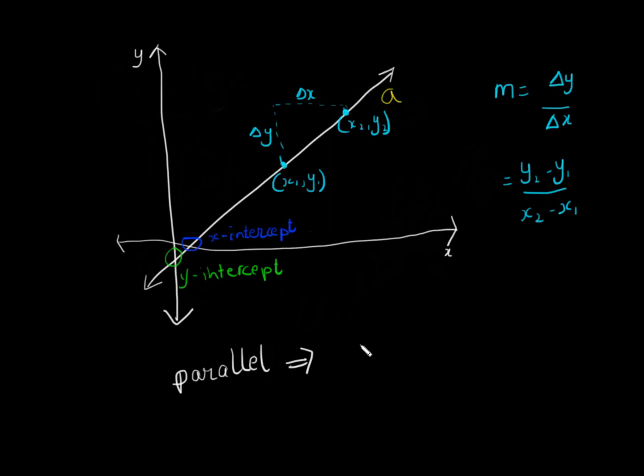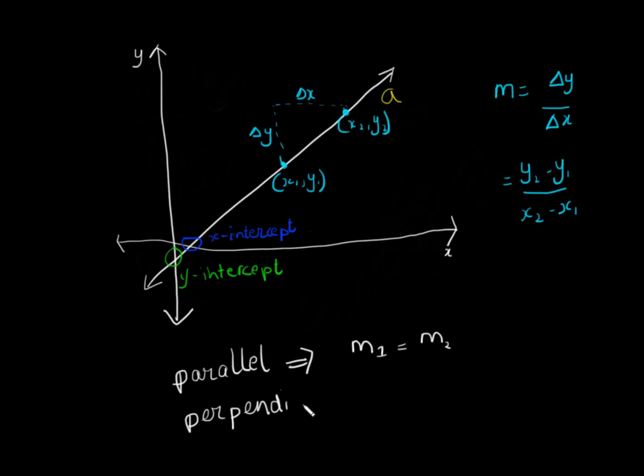So if I have two gradients of line, so M1, this is the gradient of a line that we will call 1, is the same as the gradient of another line M2. And here these numbers I'm just putting there so that it's easier to differentiate between the gradients of two separate lines. And then perpendicular